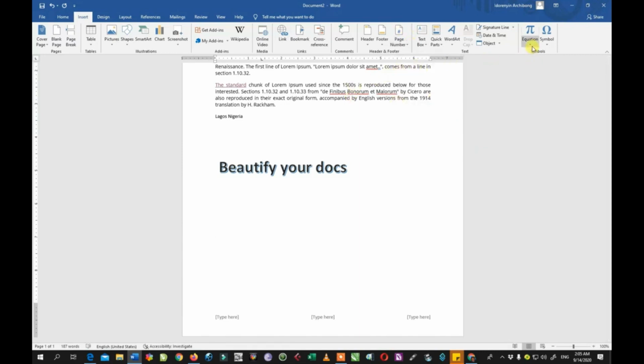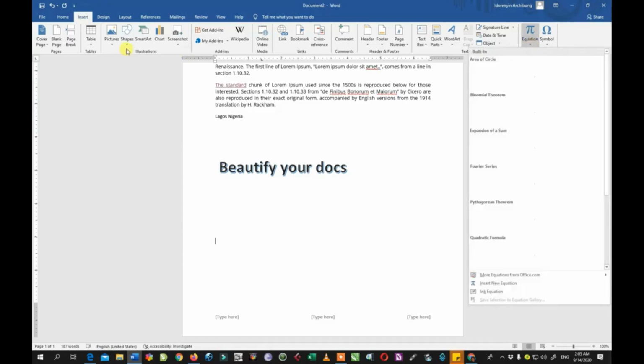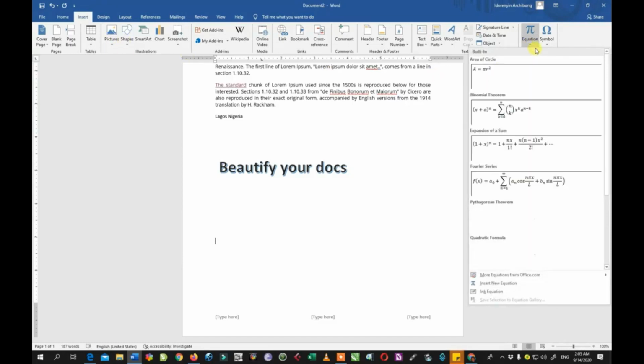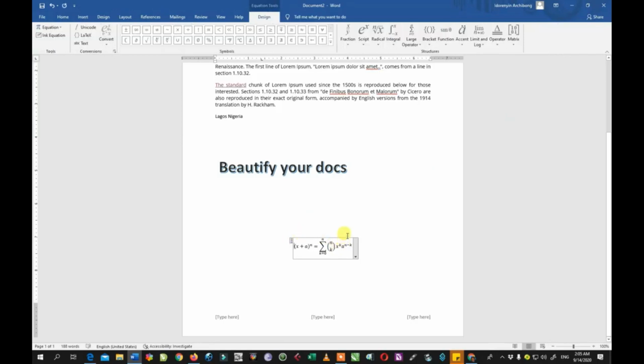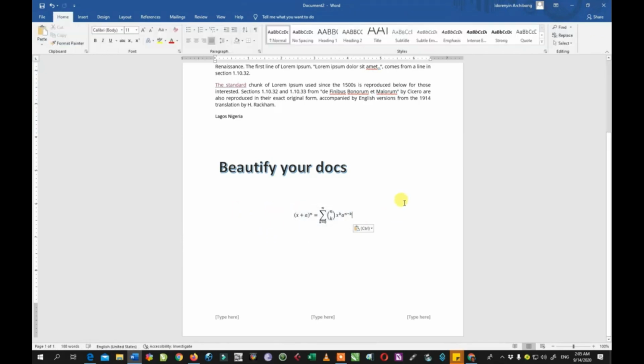The last thing I want to talk about is the equation. You can come here under insert. These ones are fairly simple, so I'm going to leave them out. The equation, you can come here and build your equation under the insert menu. You click insert, you come to equations, and then you click bring in equations,